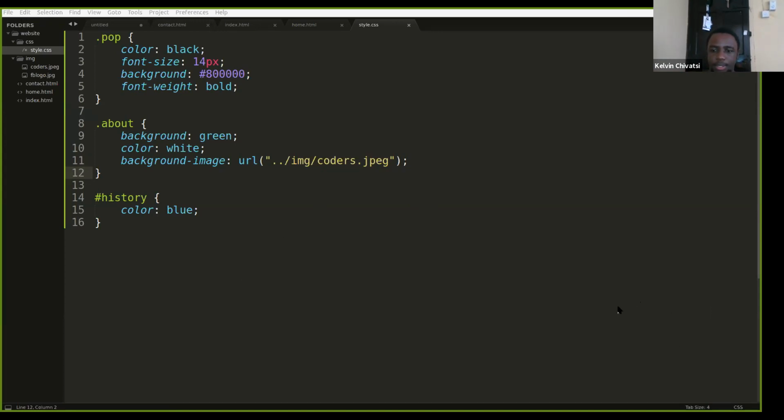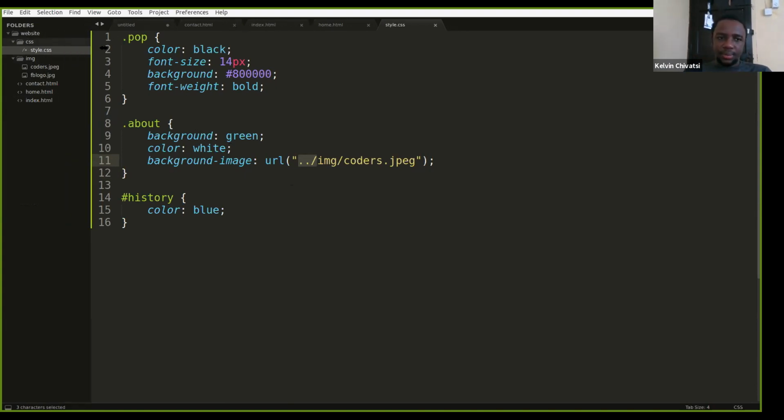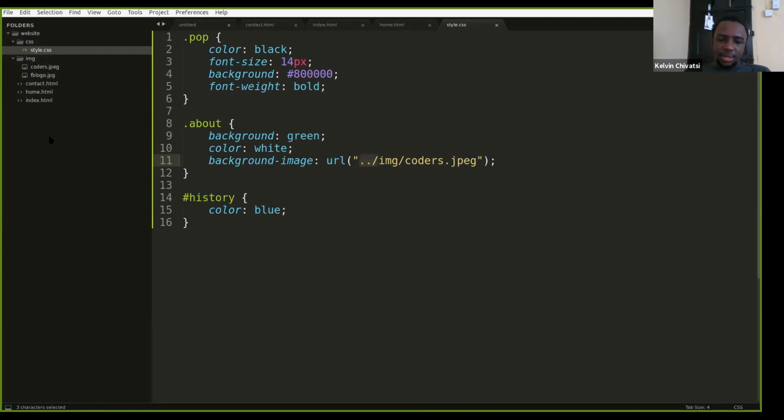So Margaret, have you been able to add the image? You say background image, then URL, you specify where the image is located. Now, as you can see, we are using what's called a relative link. So the two dots means, as you can all see, our style.css is inside the